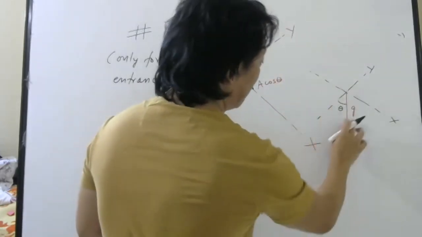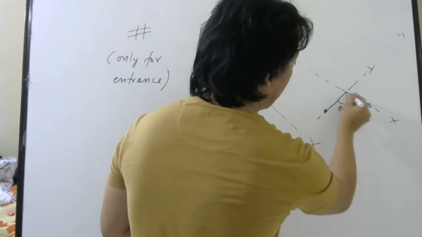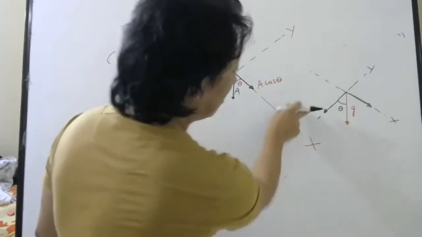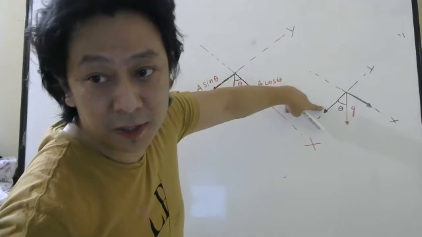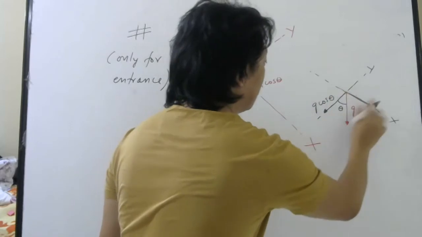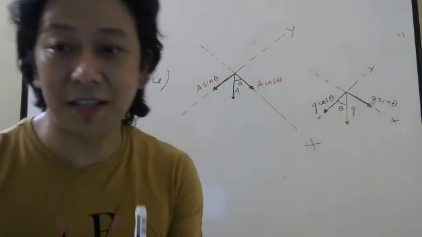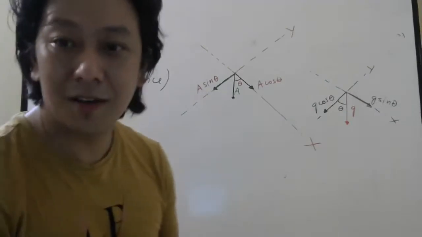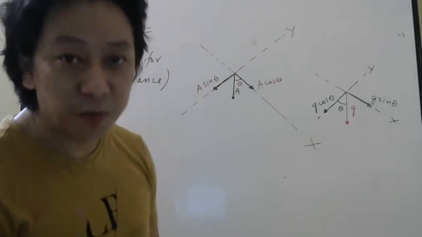Then this G vector will have one component here, one component here, because by adding these two you will get this. Now will this be cos or sine? It will be cos. So it will be G cos theta and this will be G sine theta. Please remember, adjacent side will be cos, opposite side will be sine, because of the way trigonometry is done. Cos theta is adjacent by hypotenuse, sine theta is opposite by hypotenuse.